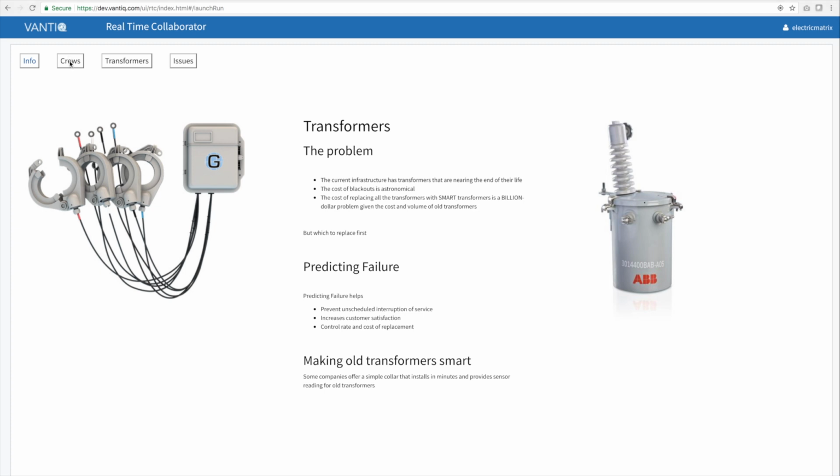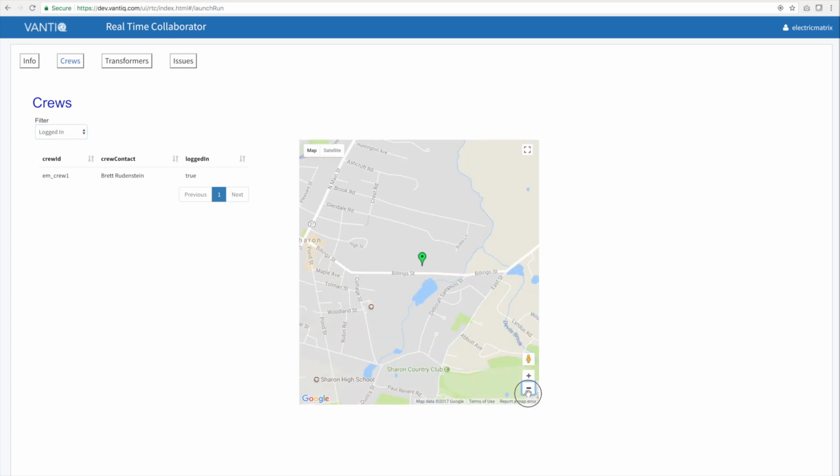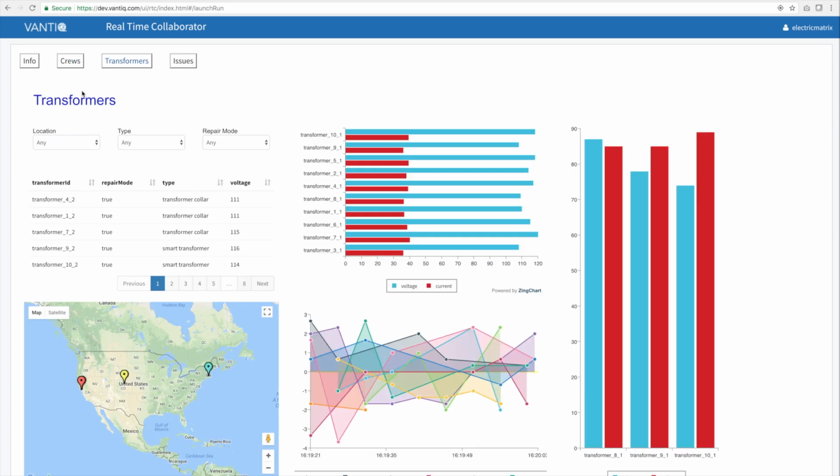Here, in the application's UI, we see a view of all crews known to the system. We can use a filter to look at just logged-in crews who can be dispatched to a transformer's location for service. Next, we'll take a look at our transformers and show those transformers that are in closest proximity to our